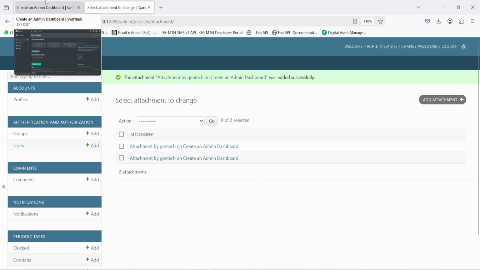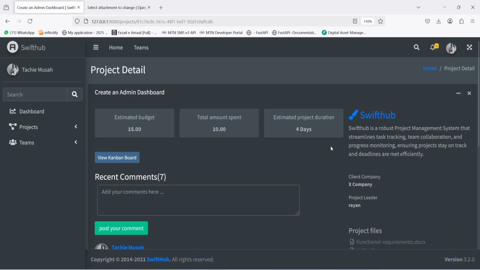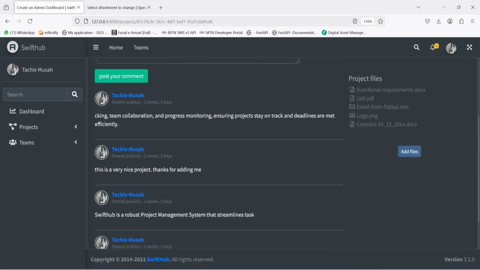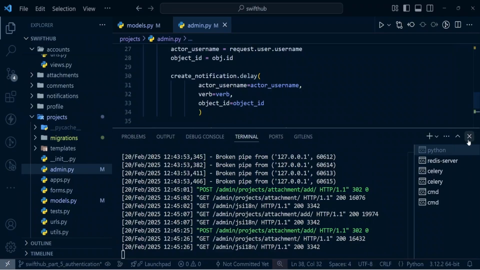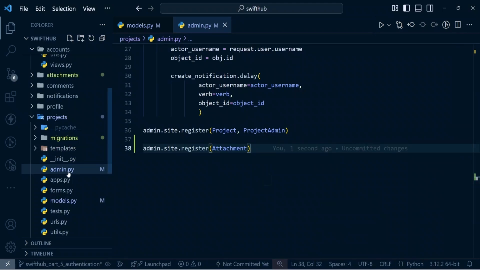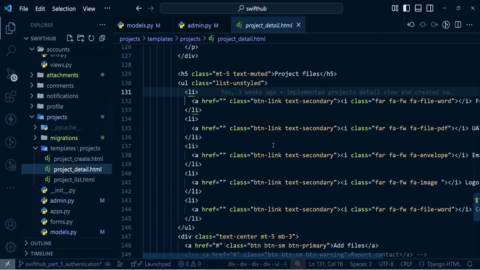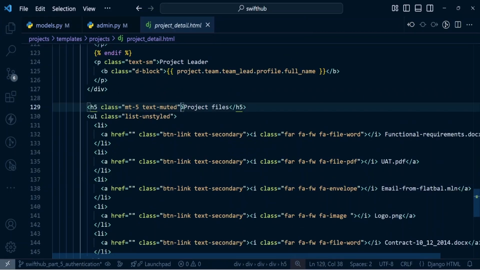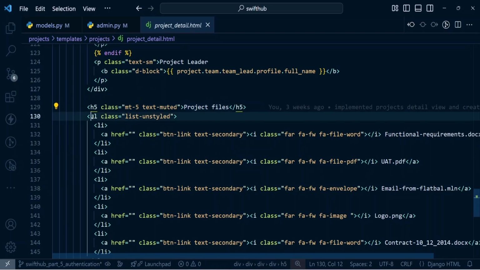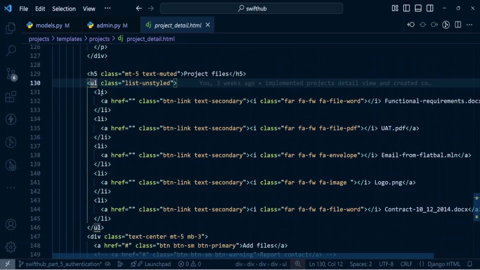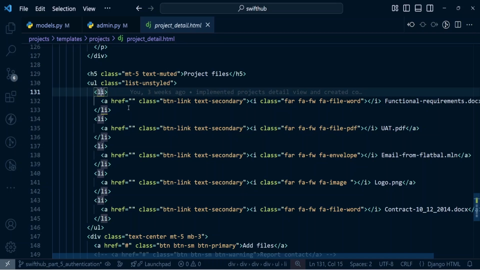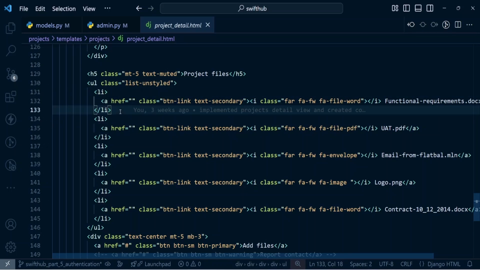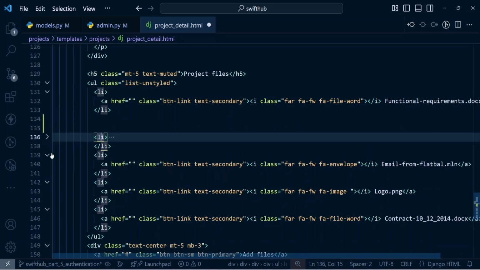So now we need to display this attachment on our project detail page. So I'm gonna scroll down here, and I'm also gonna bring up my text editor. So we're gonna have to go into projects, and then inside our template we're going to go into the project detail. So I'm going to toggle into a full screen like this. I'm going to search for project files. So now that we have project files, it's actually a list, and we want to display only one. We only need one, so I'm going to collapse the rest. So this is the one that I want to maintain, then the rest I'm just going to collapse them like this,